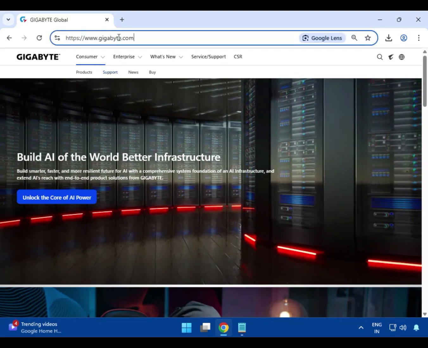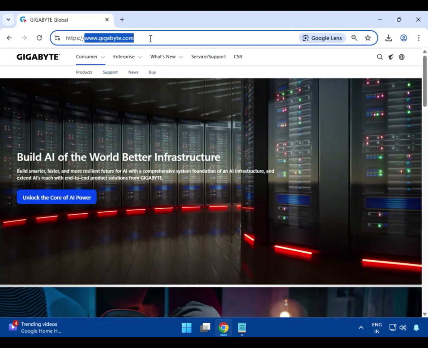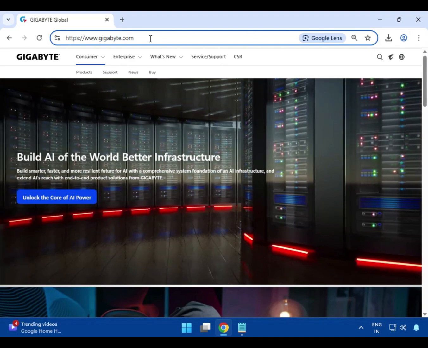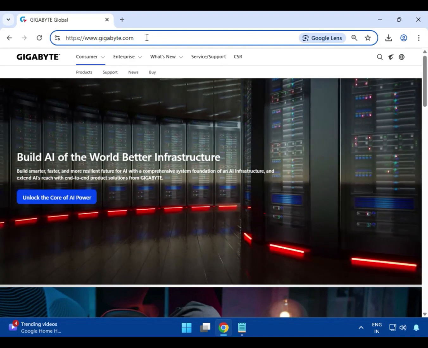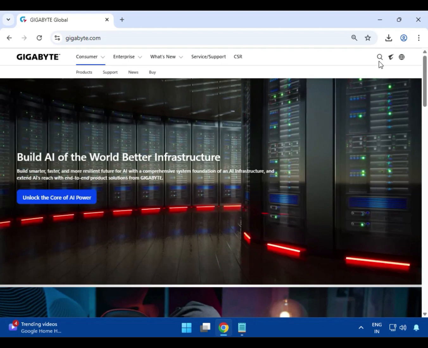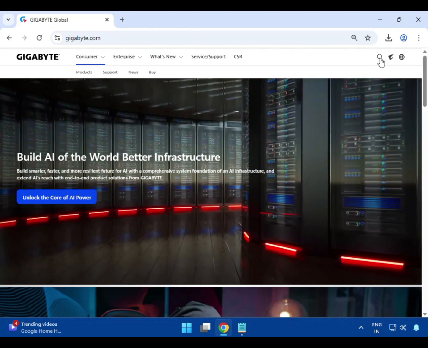So first you have to go on this site, www.gigabyte.com. This is the official website, so you can download any Gigabyte device driver. After that, you can see the search icon on the right-hand side. Just click on it